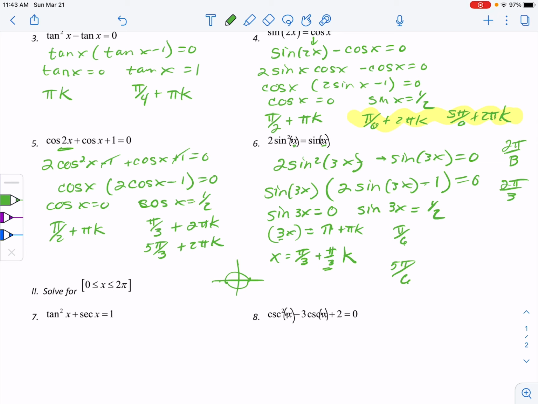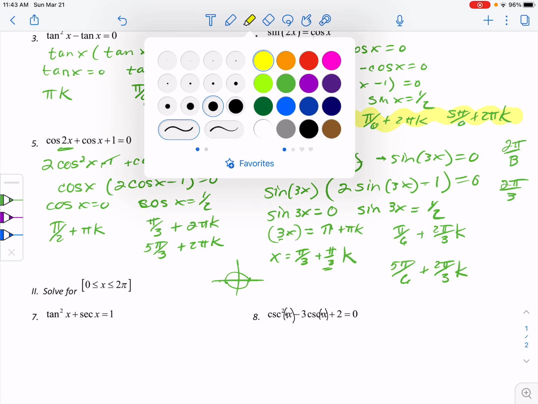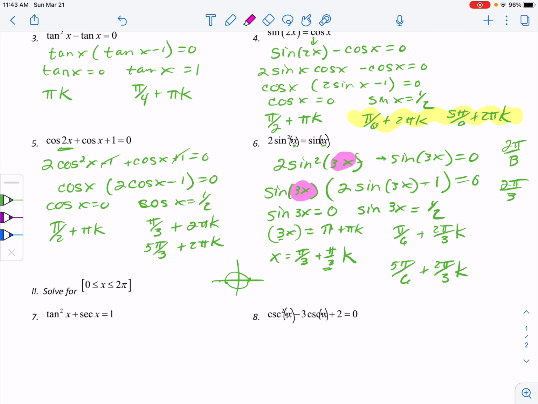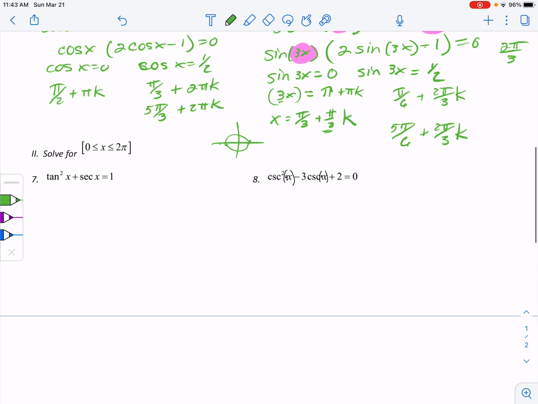So my period is 2 pi over 3 k and 2 pi over 3 k. Right? Pay attention. That's really a tricky point, something we do, because it's a 3x. Pay attention to that. Okay. This one we changed our interval to go just